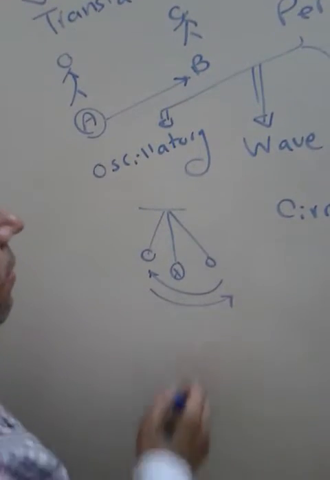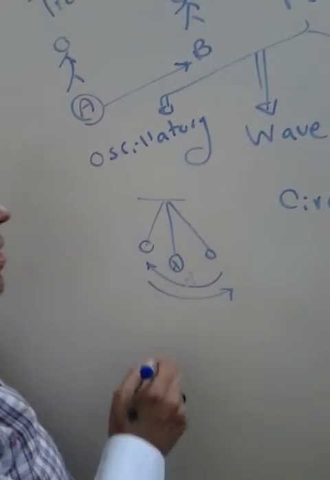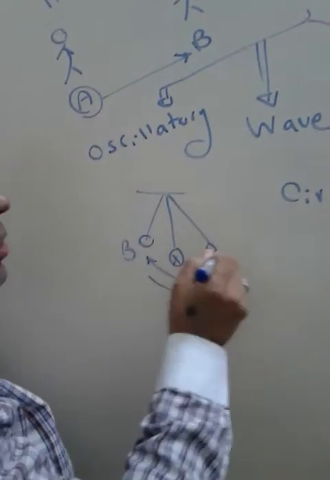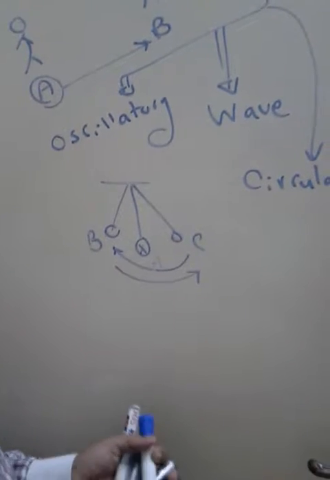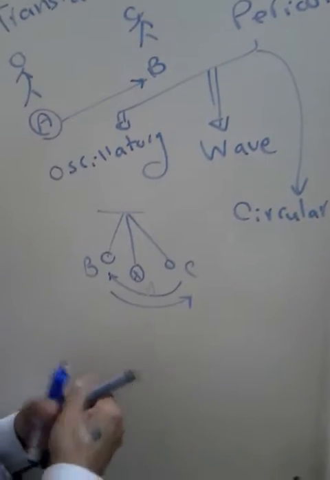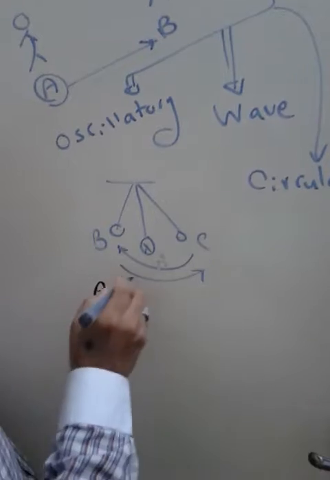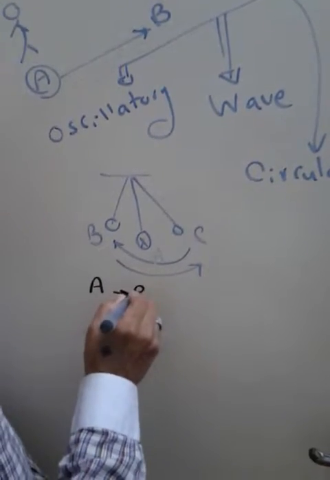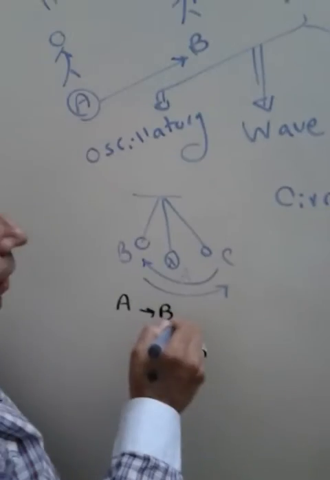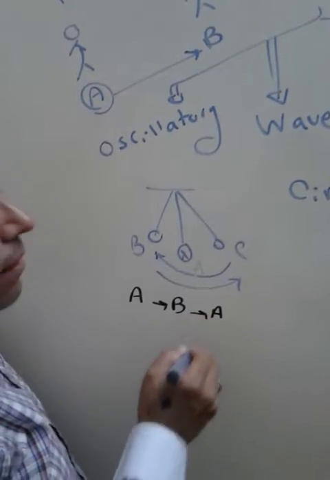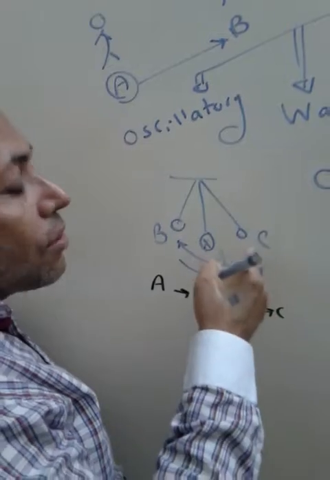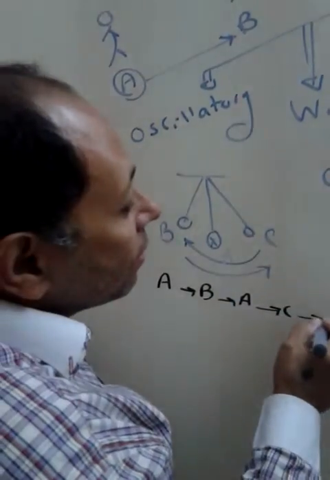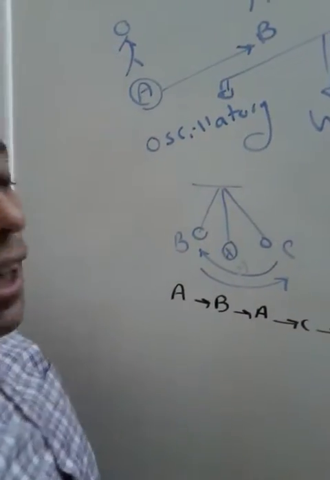For example, this point called A, this point called B, this point called C. When this object moves from A to B, then returns back from B to A, then moves from A to C, finally this object returns back from C to A, we can call that